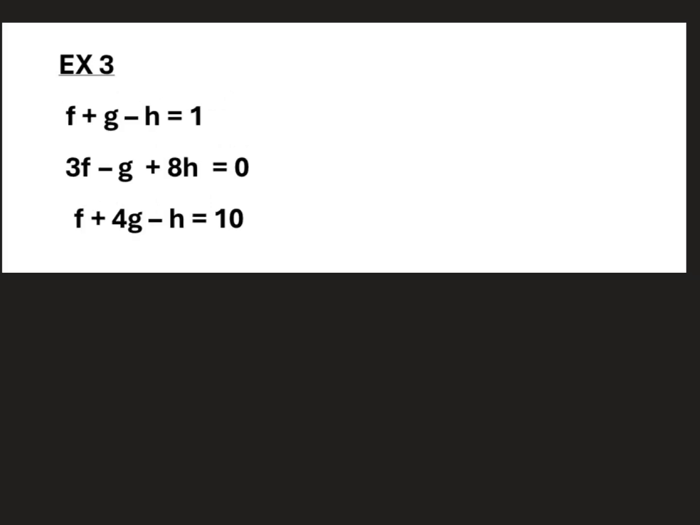And for the next problem, I typed this one incorrectly. There should be a 4 here, so if you'll please make sure to write that there so we'll have that correct. Step 1, I am going to eliminate the g's. I'm going to multiply the top by 1 and the bottom by 4. So f plus 4g minus h equals 1. 3f